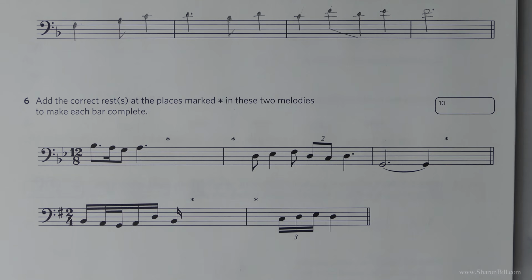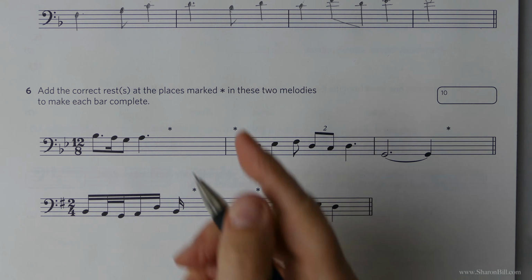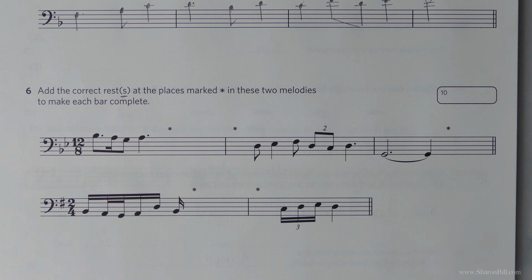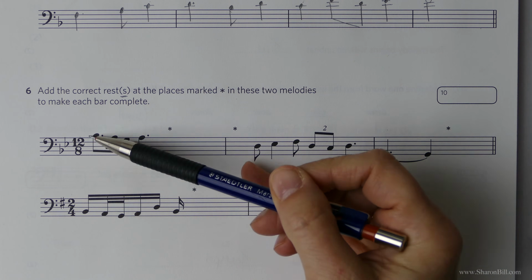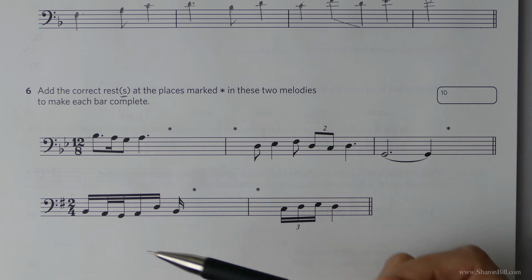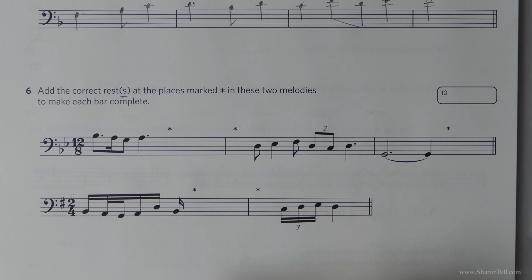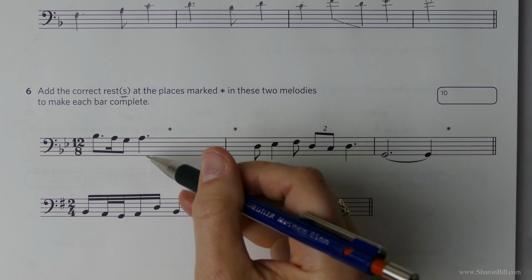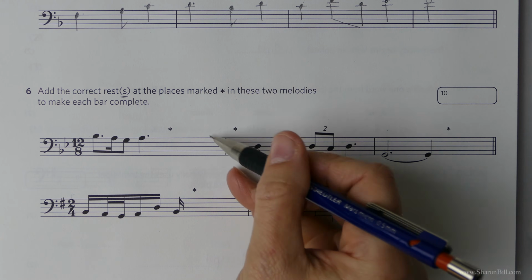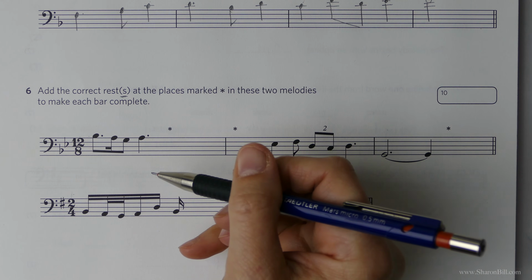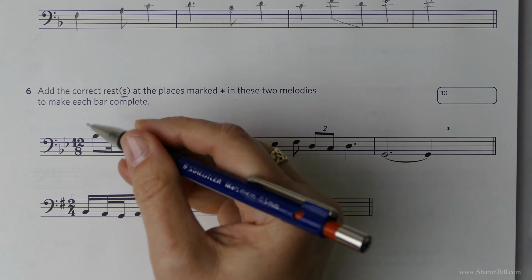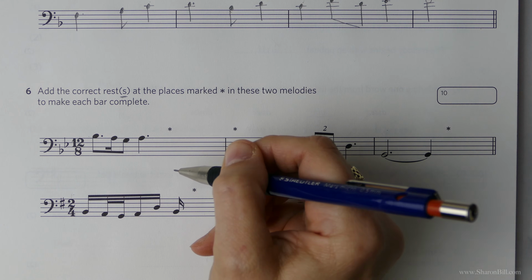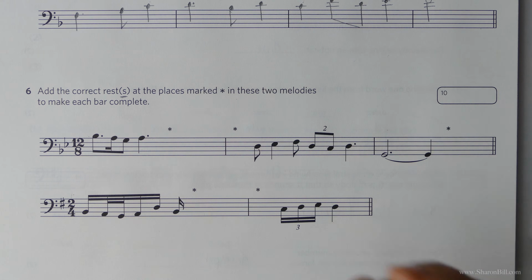So now we're asked to add rest or rests, that's the important part, at the places marked with a star in these two melodies. So watch out, there are two separate time signatures, and so that will affect how we fill in the gaps. So not only do we have to get the maths right to fill in the bar correctly, but we also have to make sure that we reflect the time signature, because if you remember, each new beat requires a new rest, so we need to be very careful to be sure we know what unit beat